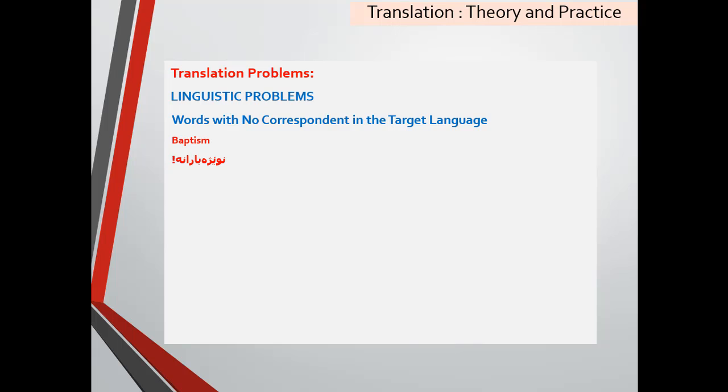Another example about words that have no correspondent in the target language is usually in Asian languages. For example, they have many words to describe feelings, deep feelings, affection, love and respect, and sensations that are very hard to translate into other languages using a single word. Let's take some Kurdish examples, even though they might seem local, colloquial, or in some cases funny, but they are